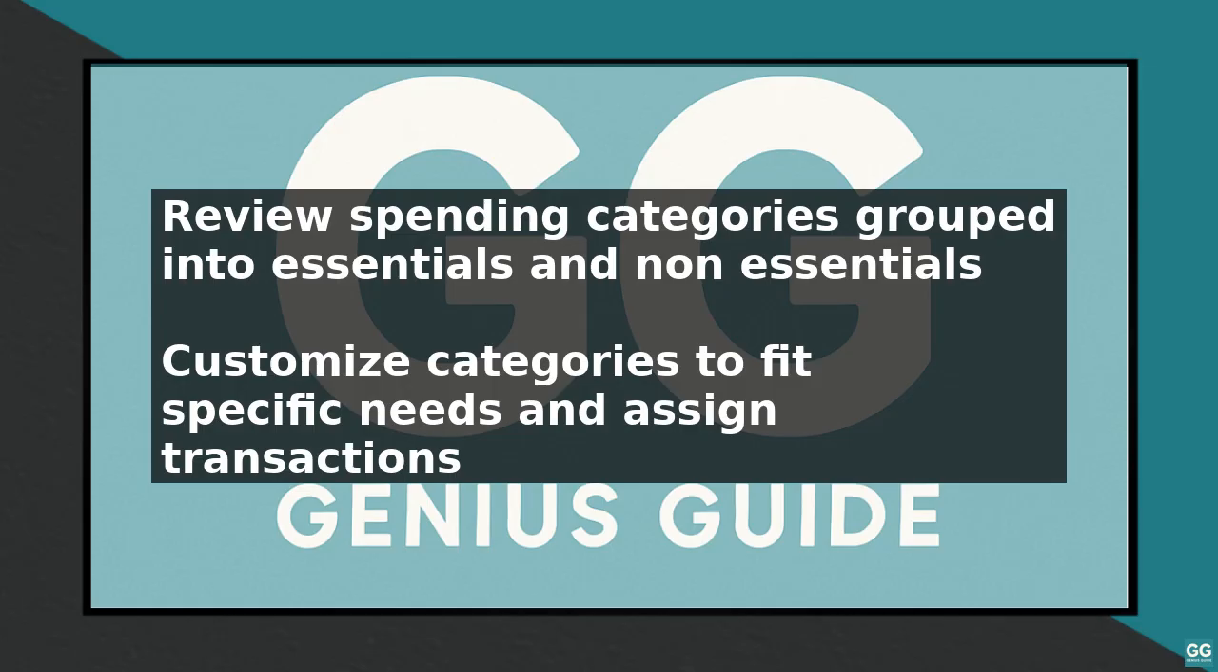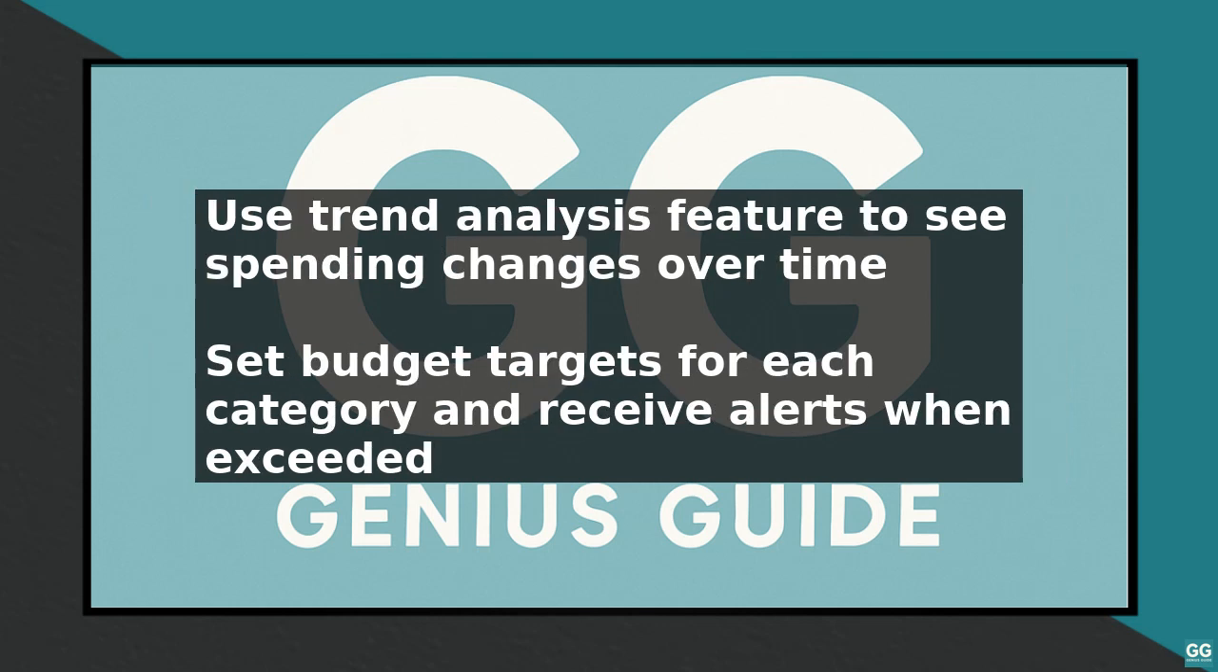To gain a deeper understanding of your spending habits, use the trend analysis feature to see how your spending has changed over time. This can help you identify areas where you can cut back and make adjustments to stay within your budget. You can also set budget targets for each category, and Rocket Money will send you alerts when